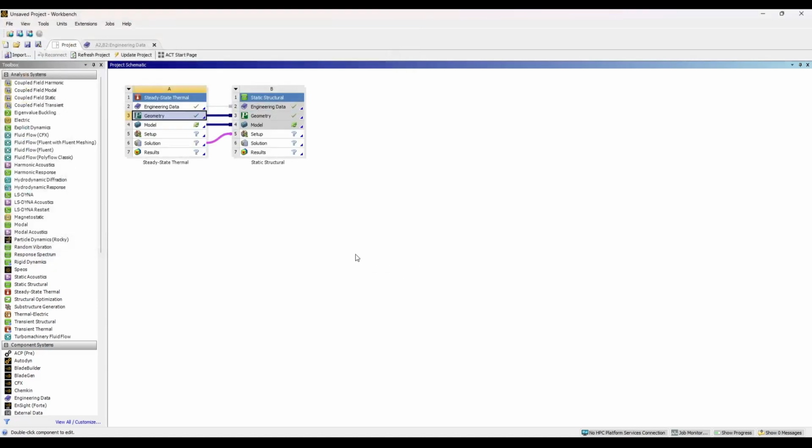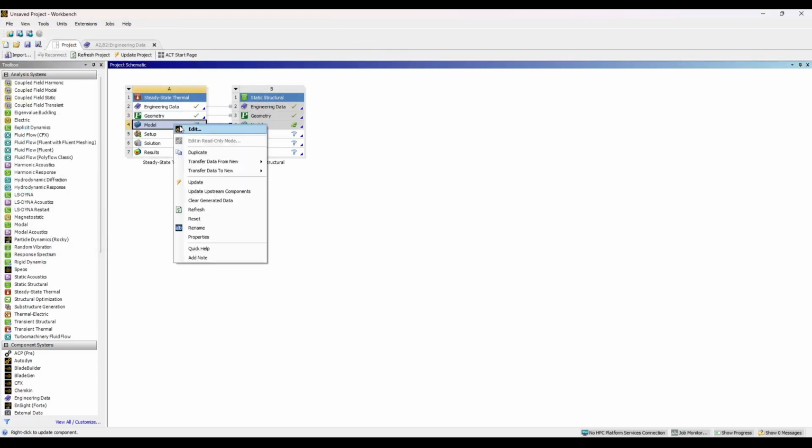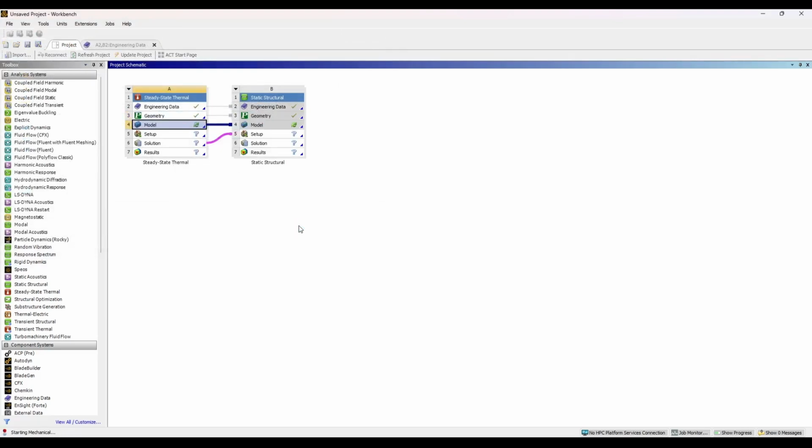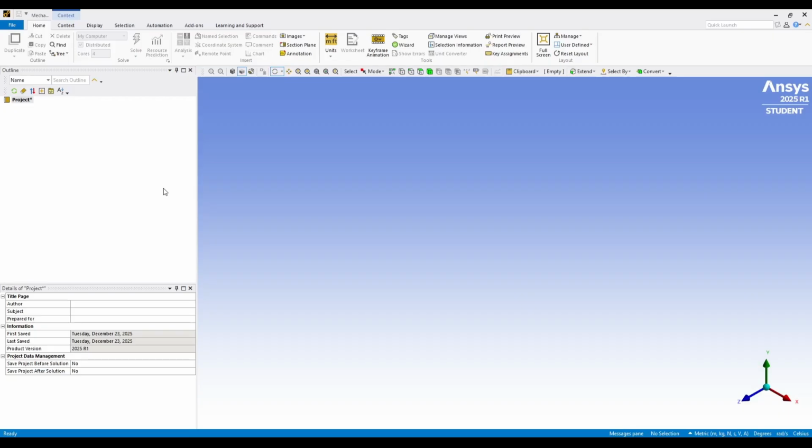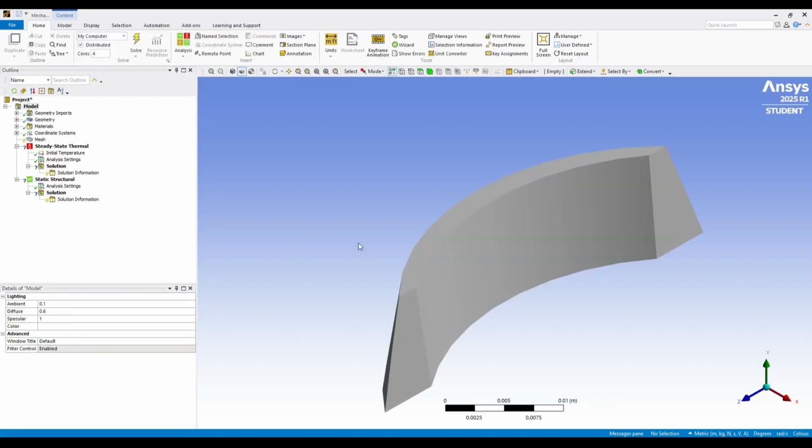For the static structural analysis, hydrostatic pressure is applied on the upstream face of the dam, increasing with depth to represent real reservoir conditions. Gravity loading is included to account for the self-weight of the dam structure. Fixed boundary conditions are applied at the base and abutment interfaces. The results obtained from this analysis include total deformation, equivalent von Mises stress distribution, and reaction forces. Higher stress concentrations are generally observed near the base and abutment regions, which are critical zones from a structural safety